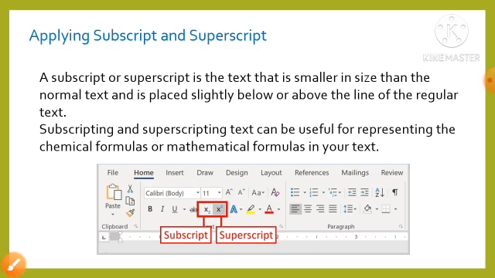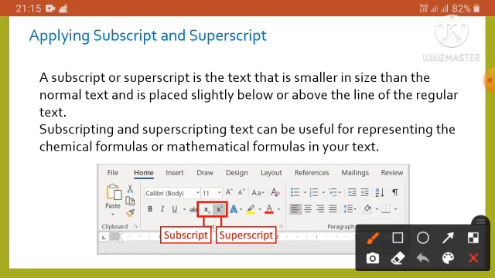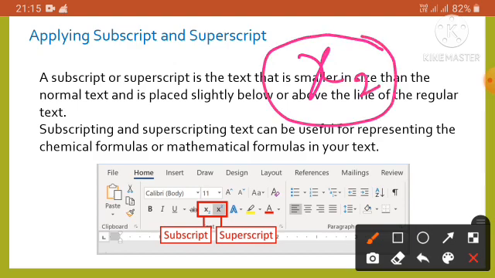If I give an example for subscript, it will be like that. Got it? It is the form of subscript when the text is smaller, that is here, 2. So here 2 is the text that is smaller in size, and it is below the normal text.